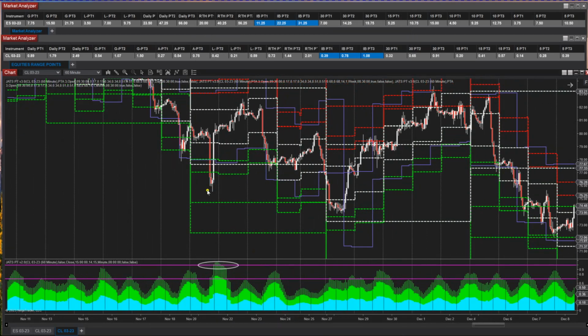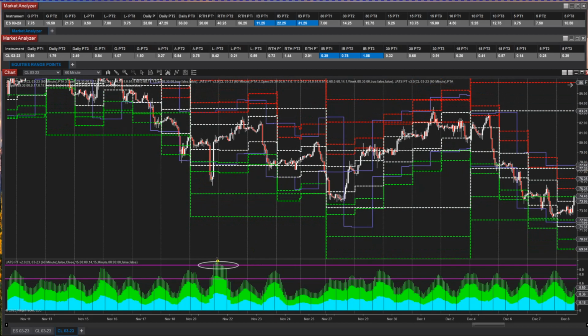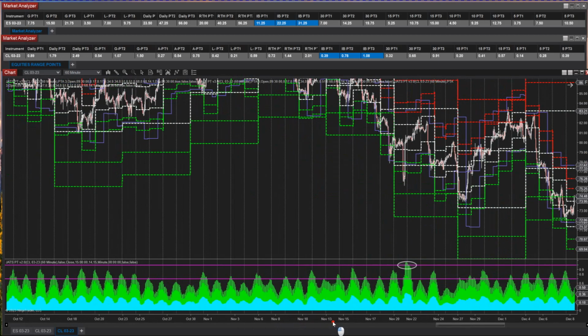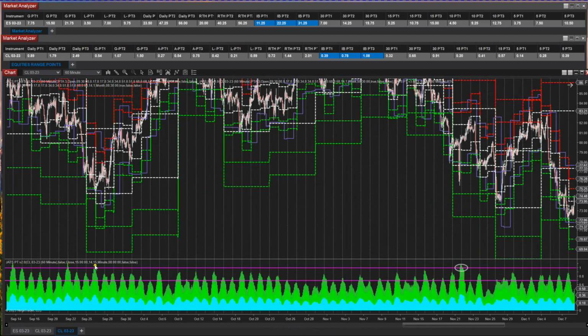Well, it just sort of went out into the middle of nowhere, didn't it? But it traded the volatility up to the 1. So that's what the algos were doing. They were trading to the 1, and then it topped out. Here's some top outs, top outs, top outs. So they were just trading to the end of their volatility, and